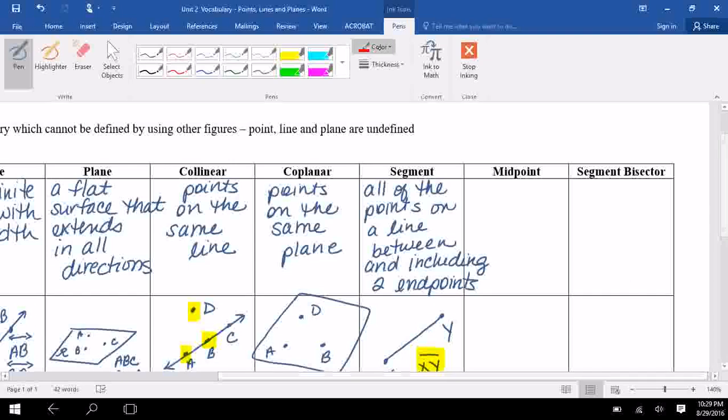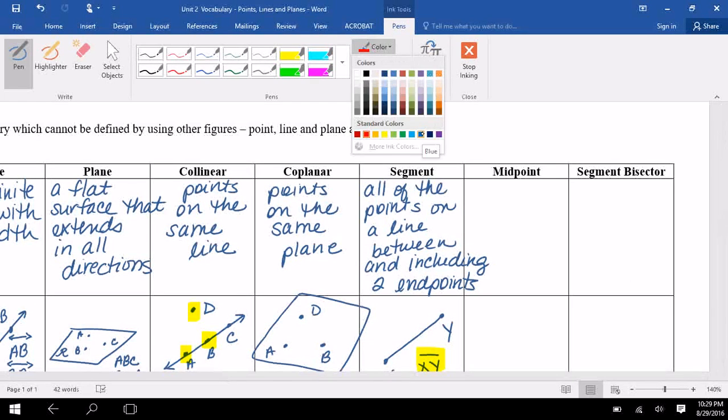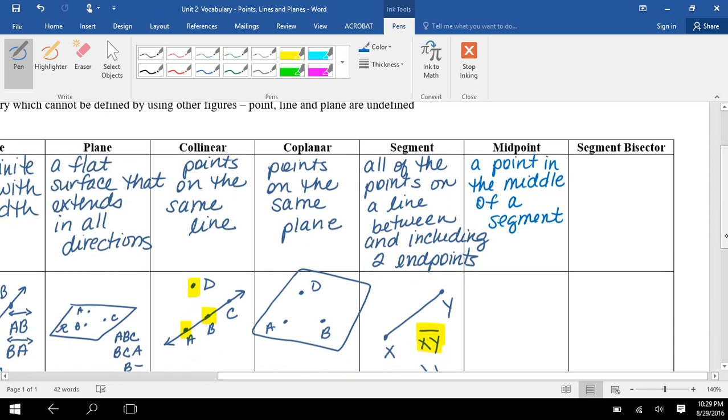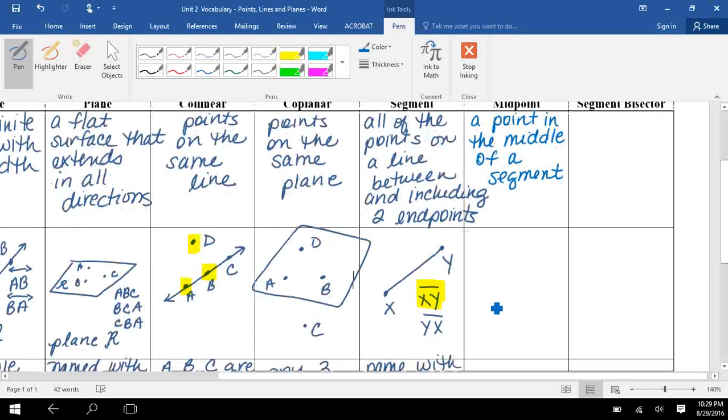All right, midpoint. Let me go back to my other color, just because I like it. Midpoint is kind of one of those words that I probably don't need to define for you. It's a point, and it's in the middle of a segment. So a point, not the same color, in the middle of a segment. Has to be in the middle of a segment because, frankly, lines don't have middles. They don't have ends, they don't have middles. So if you have a segment,